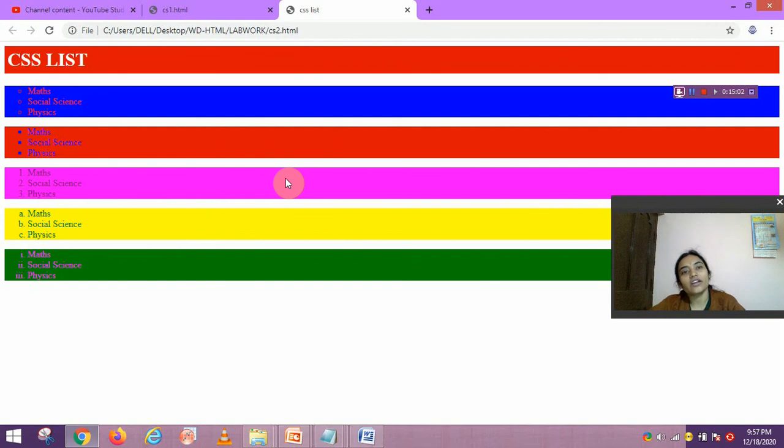You can also insert these styles and use them in tables, in forms, and also in framesets. So two lab works are there. All of you write them in your record copy and do this on your desktop or laptop.